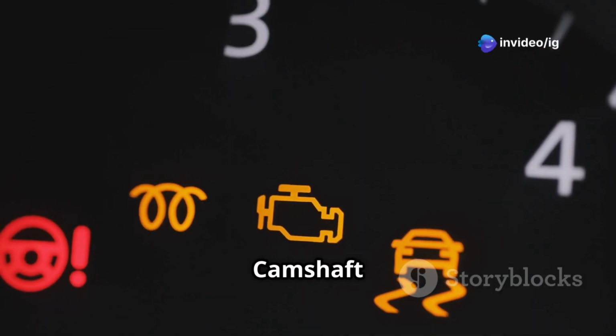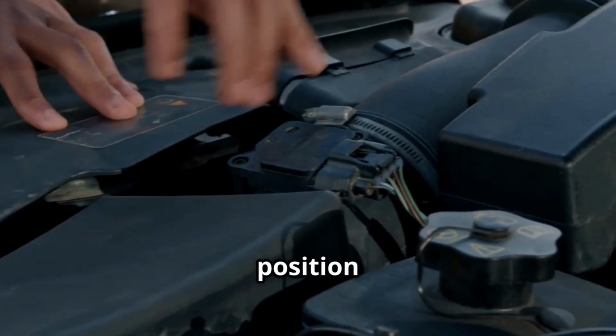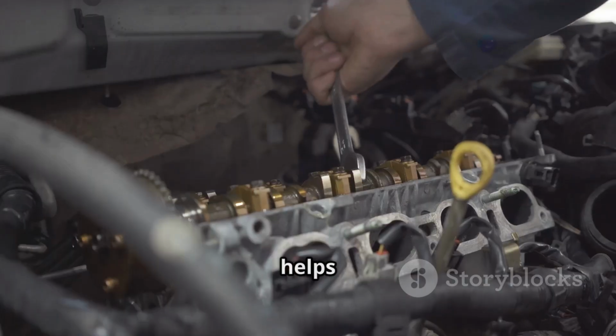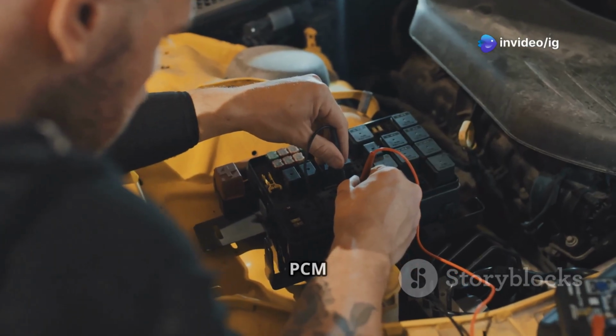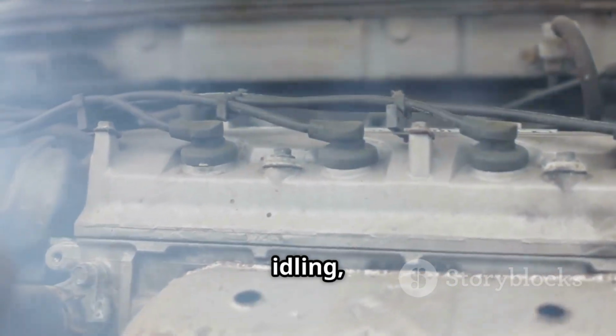P0343 stands for Camshaft Position Sensor Circuit High Input. The CMP sensor detects the position of the camshaft and sends signals to the powertrain control module. This helps control ignition timing and fuel injection. A high input signal means the PCM is receiving excessive voltage, which can cause misfires, rough idling, and even a